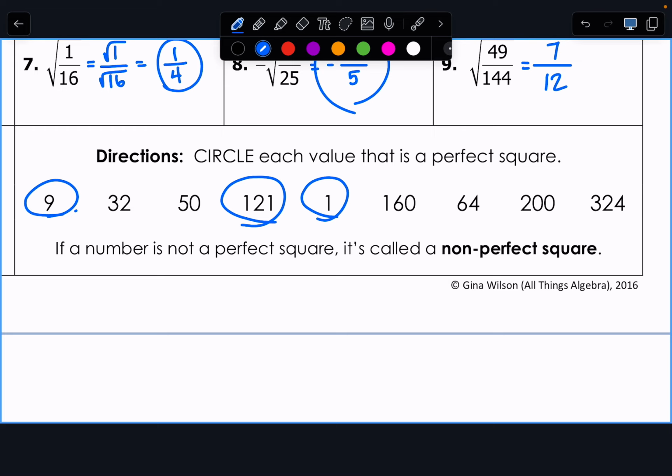Jaden, give me another one. 64. Is there another one? Yeah. Which one? 324. Okay. Now, what I'm going to have